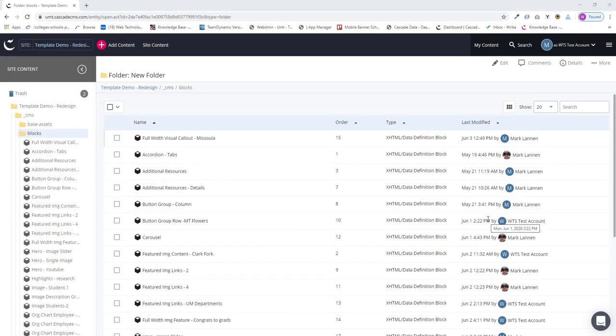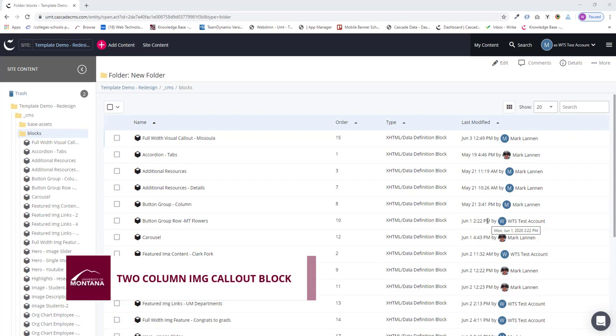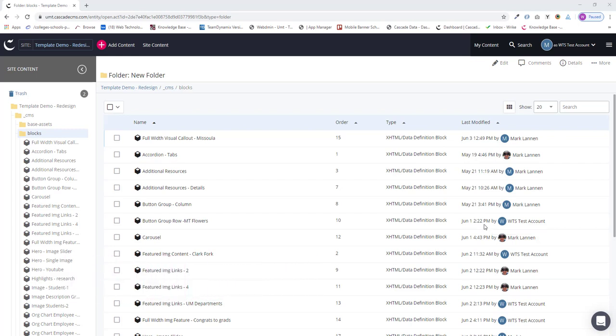Hello. In this video, I'm going to show you how to create the two-column image callout block. This block adds side-by-side descriptive callouts, which are images with text that highlight a certain element or web page. You provide two callouts, each with a background image and text for a heading, brief description, and a link. Please note that you will likely need to darken the image for there to be enough contrast between the image